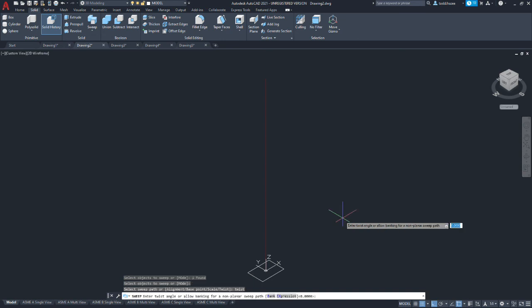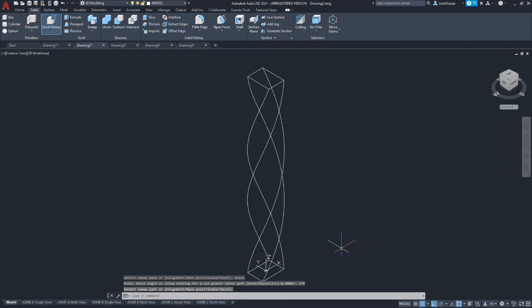It's asking you what is our twist angle. I'm going to put 270 degrees and select enter. Now we're going to select our path and we get our twist.